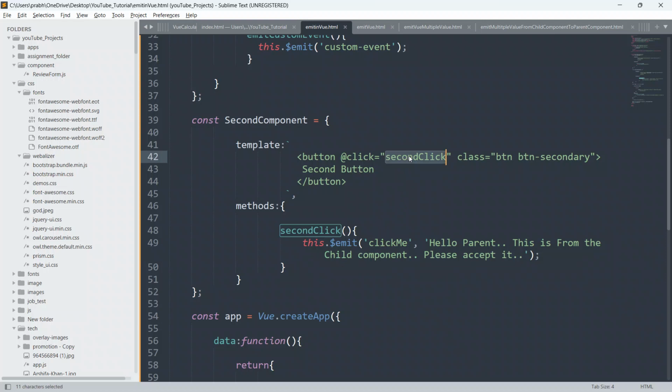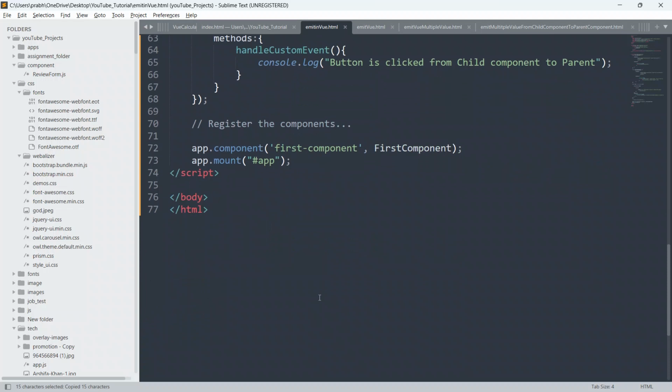Whenever a user clicks on this button, we trigger secondClick, which emits the clickMe custom event, and with it we send this payload to the parent component. Now we have to register this component also.